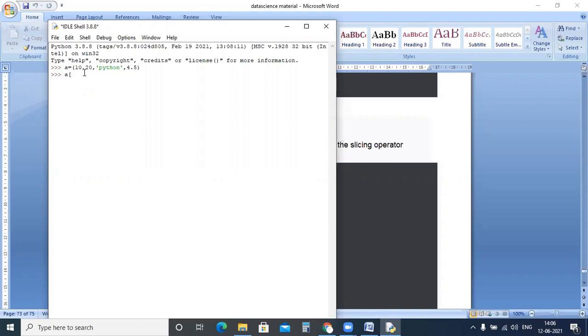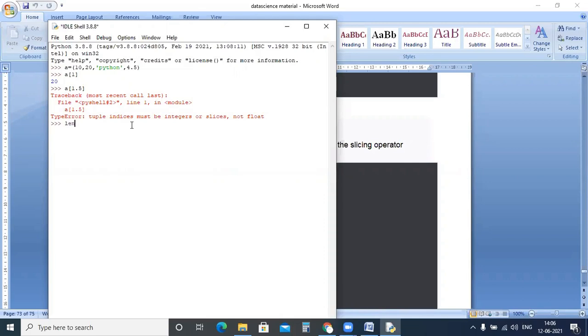just a quick recap I'm doing on accessing of elements. It is A of 1. So A of 1 we will be getting is 20. And always the index value should be an integer value. If I say it as 1.5, you will be getting which error? You will be getting a type error. It should be only integers.